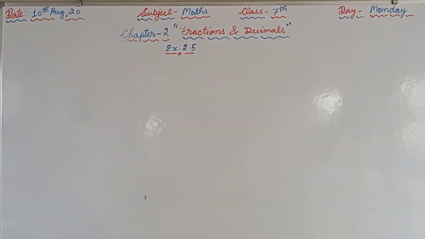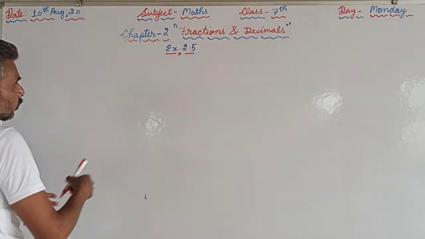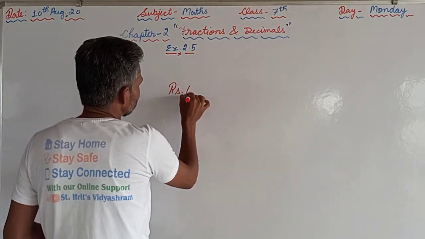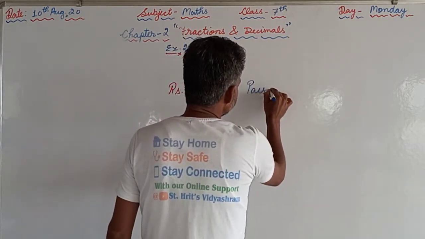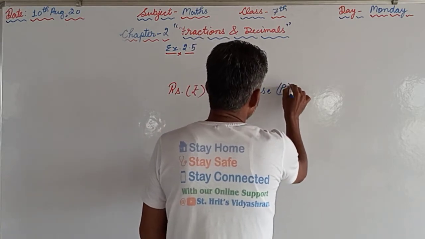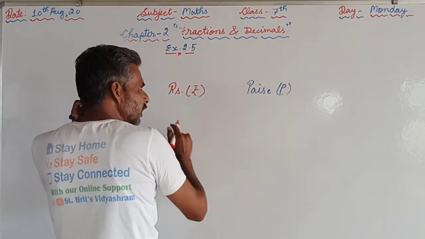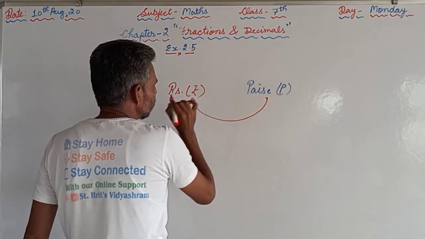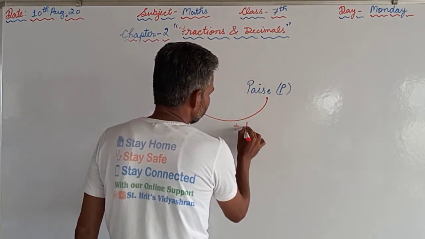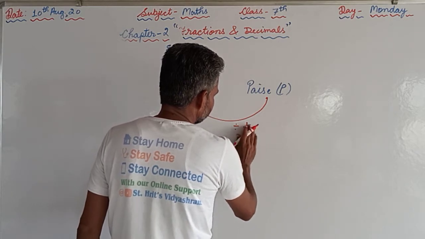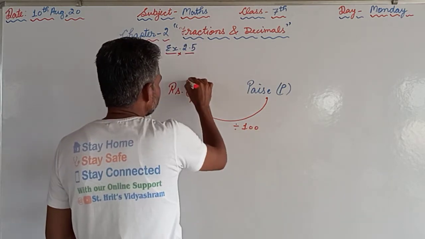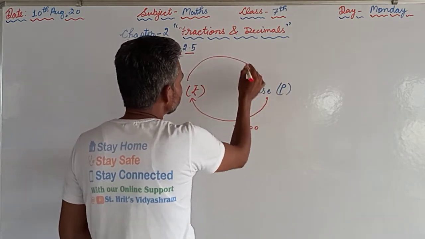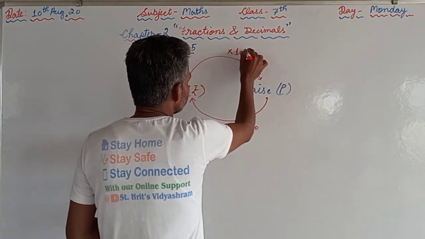In question number 2, we are supposed to convert paisa into rupees. Rupees can be converted into paise, the sign is P. So if we are supposed to convert paisa into rupees, we are supposed to divide by 100, or if we are supposed to convert rupees into paisa, then we are supposed to multiply by 100, because